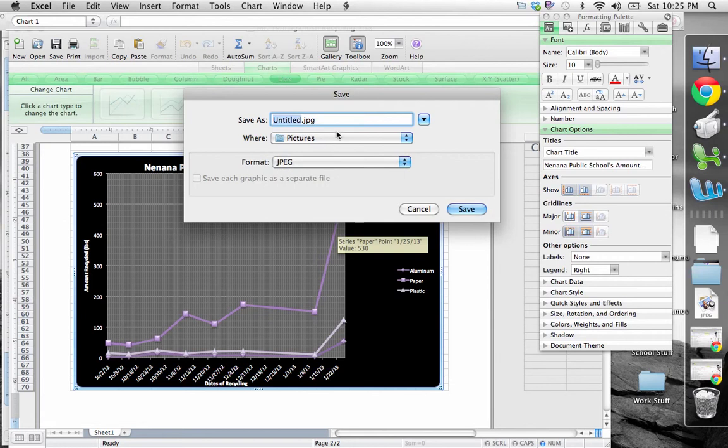And it automatically gives us a PNG. That's our format. I'm going to change that. I don't want it to be PNG. I want it to be JPEG. Okay? I'm going to give it a name. You could just call it chart number 1. Or you could call it